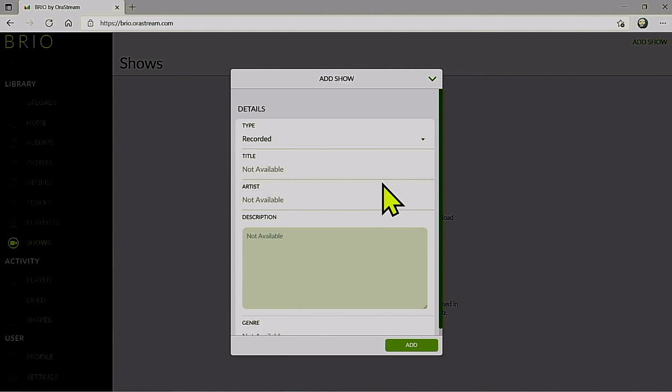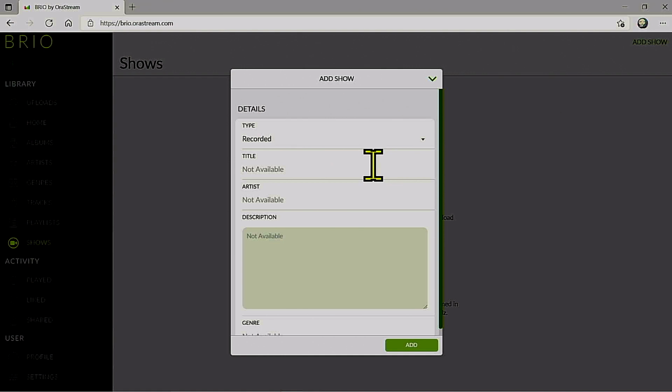The first step to setting up your show would be to choose the show type. Choose Recorded for shows that are already recorded and exist as a video file, or choose Live if you want to stream a real-time program. For this session, we will be choosing the recorded show for demo purposes. To start, first choose Recorded as the show type.